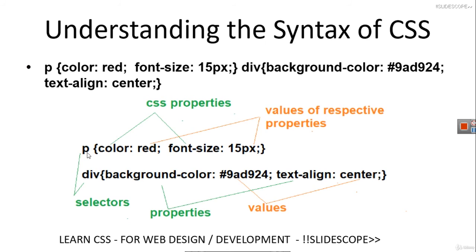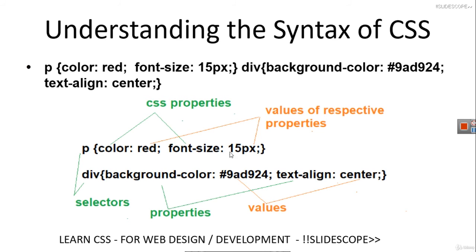So we have P, then round these curly brackets are there, and inside these curly brackets we have the name of the CSS property, then we have a colon, then the value, then a semicolon, and if you have to write more than one property for a particular selected tag, you can write another property here, its value, and then you can add a semicolon, then you can write the third property, then you can write any number of